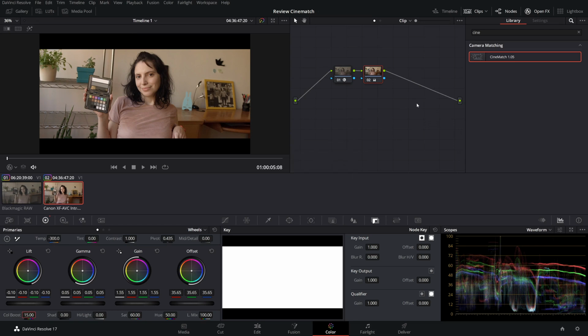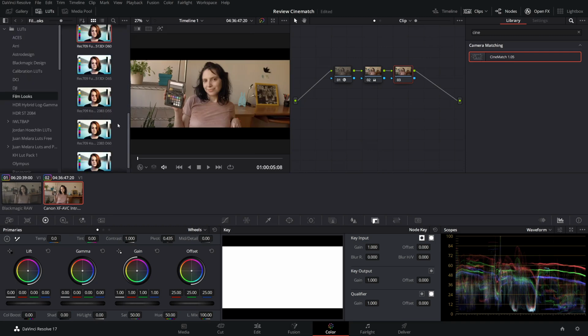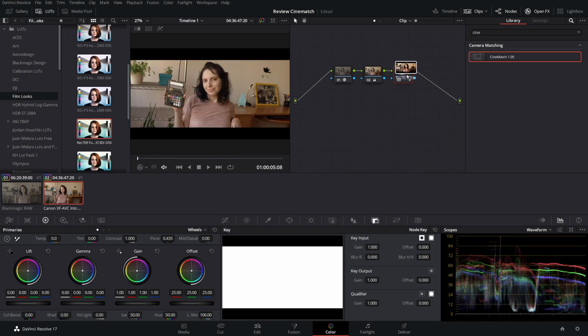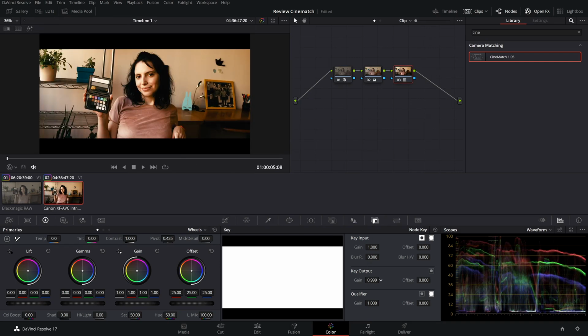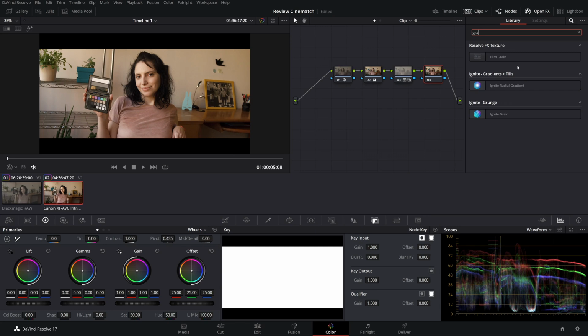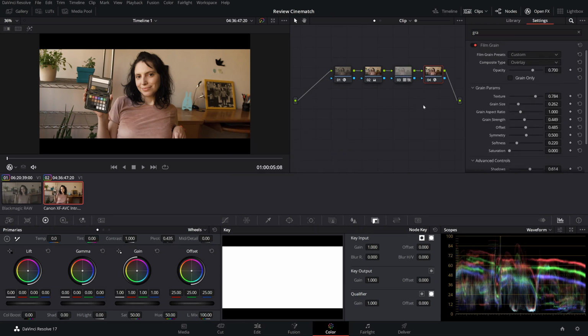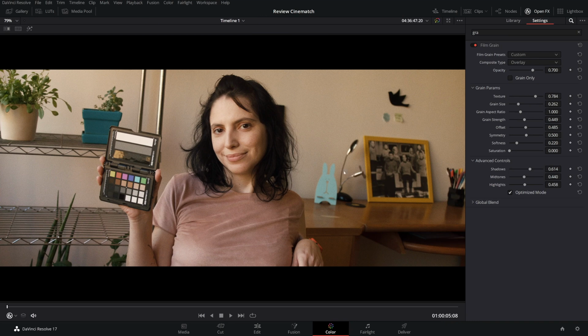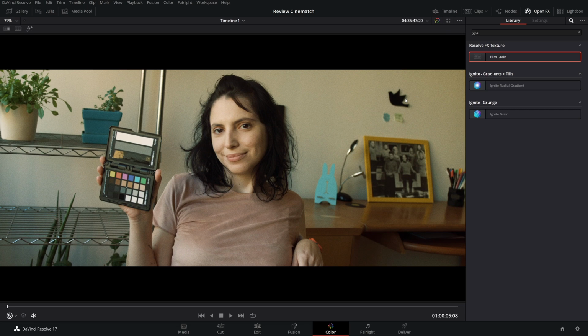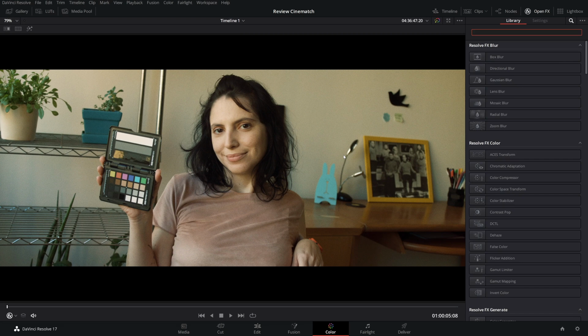Looks good. I will put in another node and a LUT. I don't know, this one, anything. This one. I will control, of course, this LUT to not be so hard. Just this, looks fine. And I don't know, some grain, maybe. Some film grain, looks good. We have a look, let's say we have a look. I will apply something more here, I don't know. And looks fine. Of course, as I said, this is not a color grading class, it's just to have some different thing on the image.